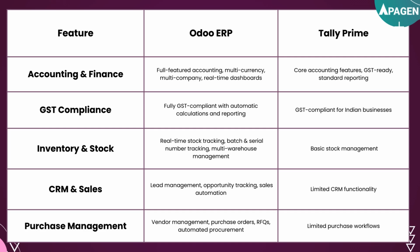So I've just broken down these features and we'll be comparing Odoo and TallyPrime all together there. So let's get ahead. Here you can see that for accounting and finance, Odoo is a full-featured accounting, multi-currency and multi-company software with real-time dashboards. While TallyPrime has core accounting features, it is GST ready and it has standard reporting. So all in all, for accounting and finance, you can see that Odoo integrates accounting with all other business